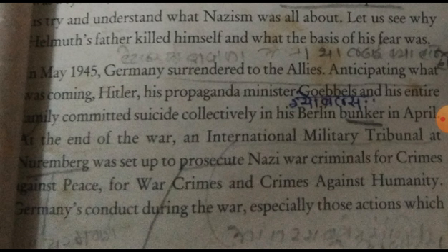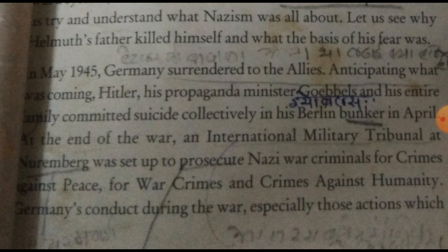May 1945 में, after the defeat in the Second World War, Germany surrendered to the Allies, and anticipating what was coming, Hitler, his propaganda minister Goebbels, and his entire family committed suicide. हिटलर और उसका जो मिनिस्टर था, Goebbels and his entire family, they committed suicide collectively, in his Berlin bunker in April. And at the end of the war,